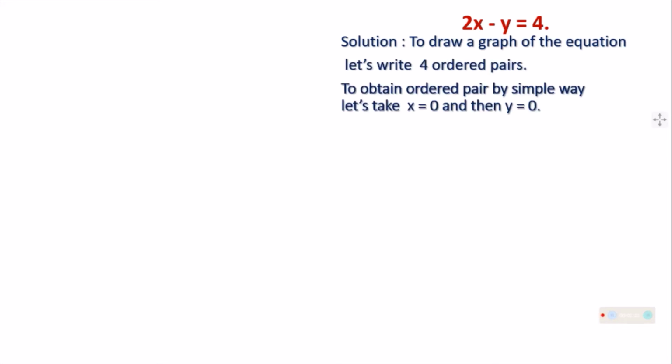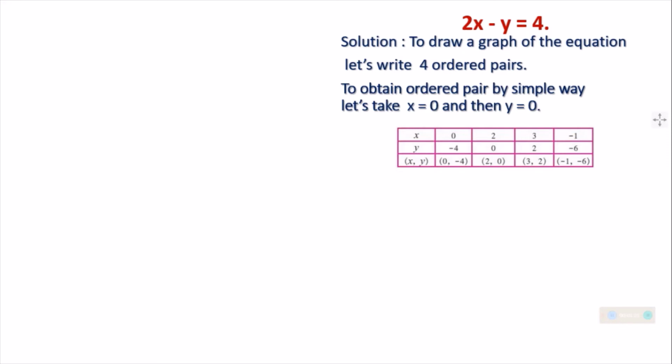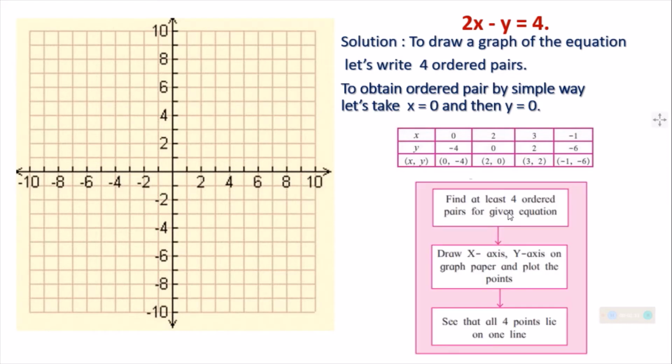Before going ahead, let me once again show you what actually the steps were. We have a linear equation and we have to make a graph, and we have to make ordered pairs, and we have to assume the data for x and y, and we made 4 ordered pairs. Then we took the graph. We followed all these steps in order to make a correct, perfect graph of a linear equation in one variable. These are the steps, and 4 points are marked and we got a line graph.